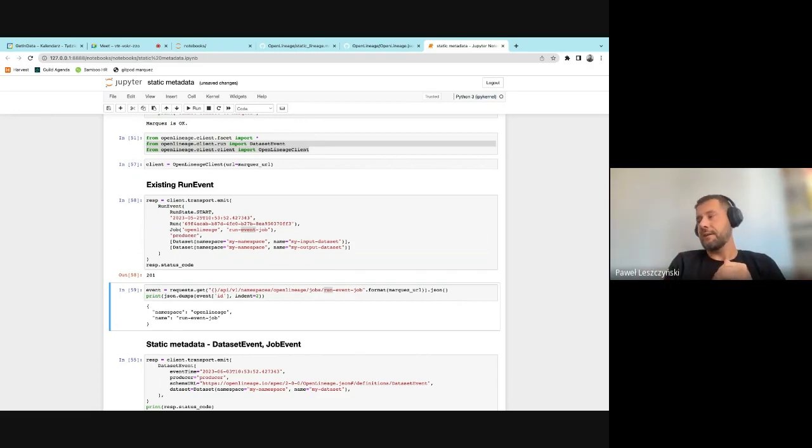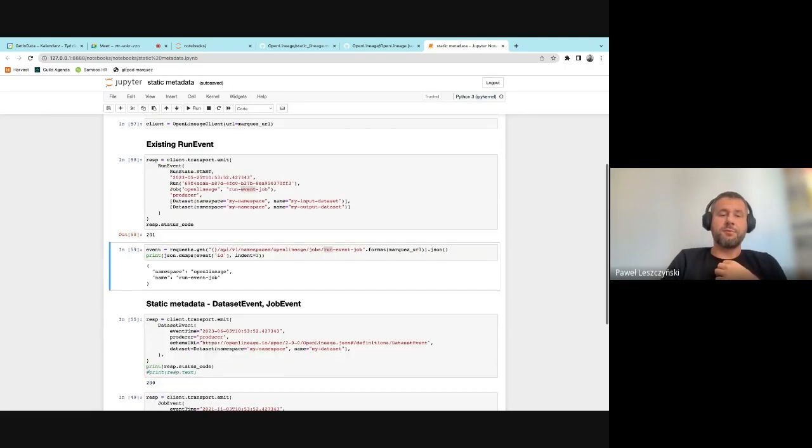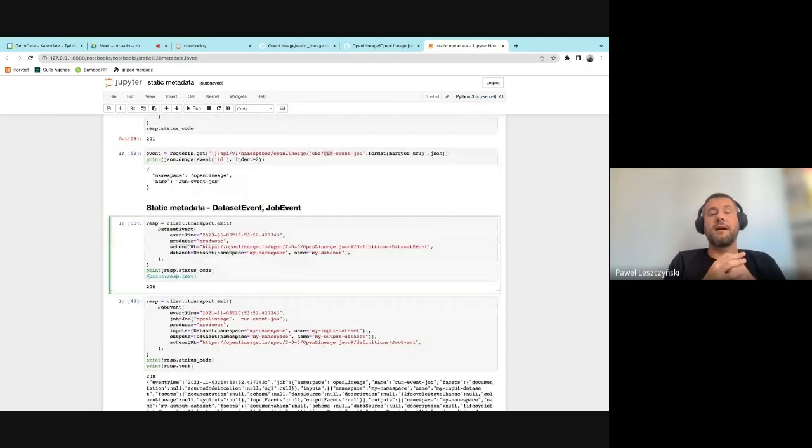For static metadata, the behavior for the moment is slightly different, because I think it will take much more time to implement storing static metadata within the Marquez database. The reason is that the Marquez database schema is kind of run ID centric, and if something doesn't have a run ID, it can be a problem everywhere. But what we decided to do so far was the ability to serialize and deserialize it without